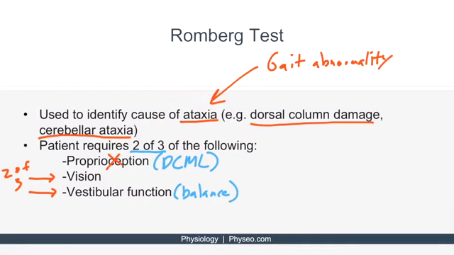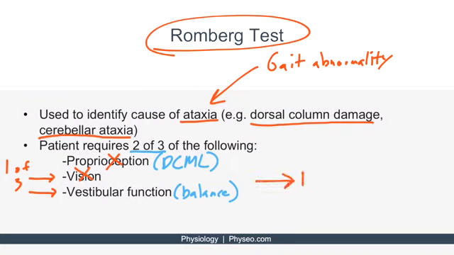However, if you ask them to close their eyes, which is what the Romberg test is, you ask them to close their eyes while standing still, then they have essentially lost their vision, which means they only have 1 of the 3. And this means that this patient will lose balance. And if this happens, then you know, okay, they have obviously damaged the dorsal column because they have a positive